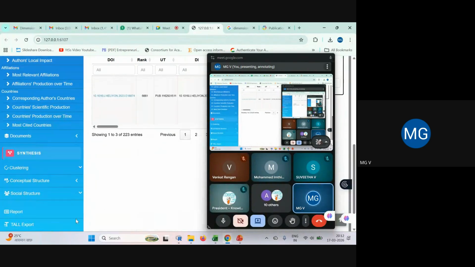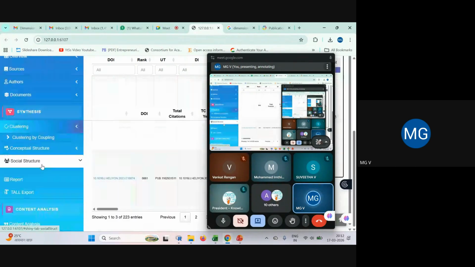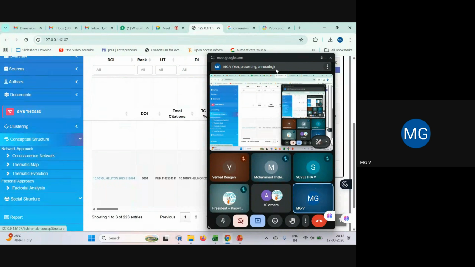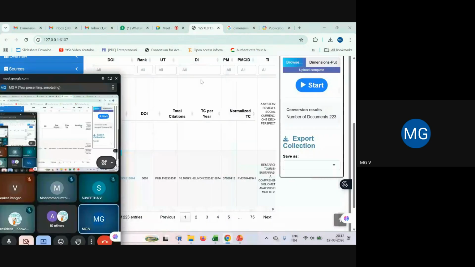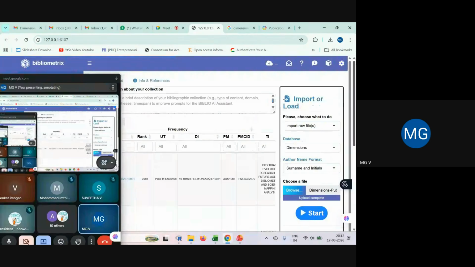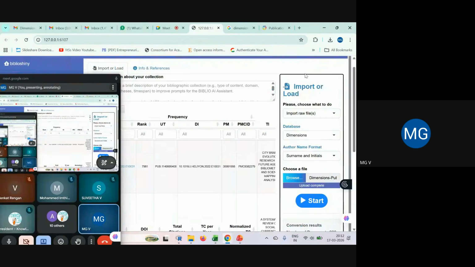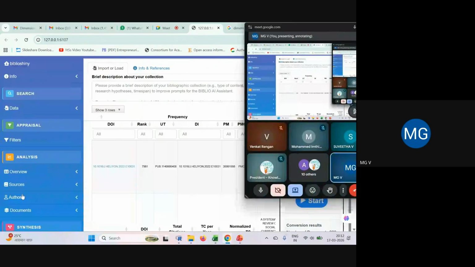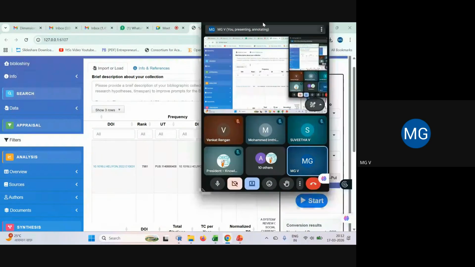Let me check. Clustering, conceptual structure, this we have already done. If we go for authors, just a moment.